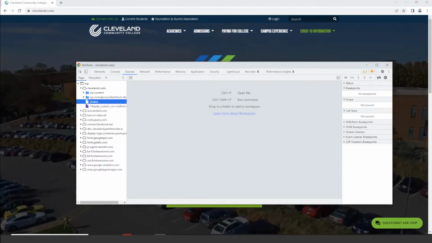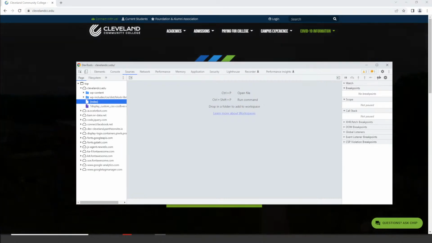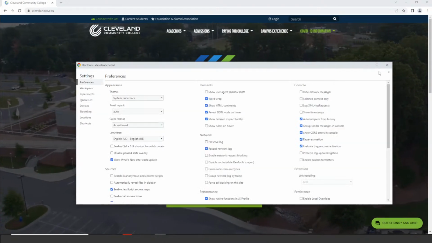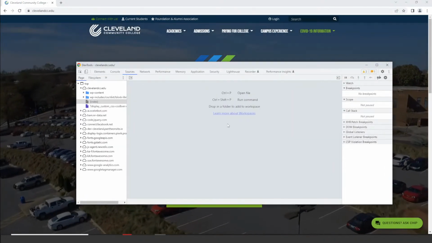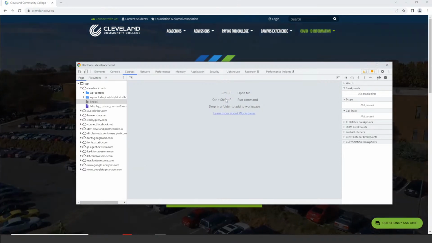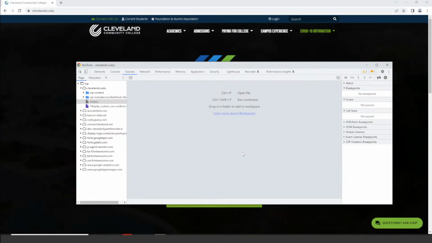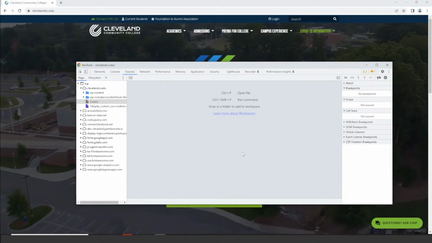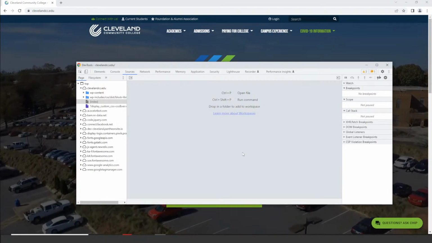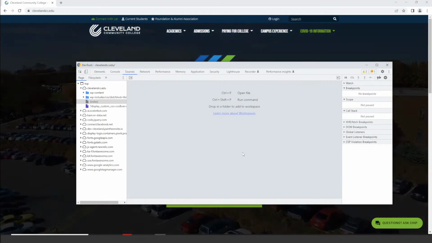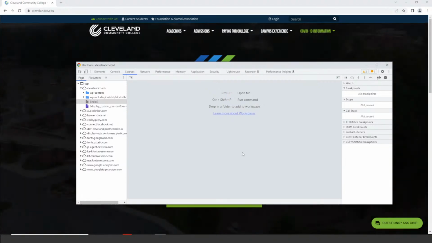But before I talk about sources, I want to talk about something that kind of bridges a couple different gaps. I want to talk about coverage. So you see here this run command. Control-Shift-P allows you to run command. And what's interesting is that we've talked about things like jQuery, and we've talked about things like Bootstrap this semester. And this is actually something that can help you out when you're using things like that. Because we have a coverage tool